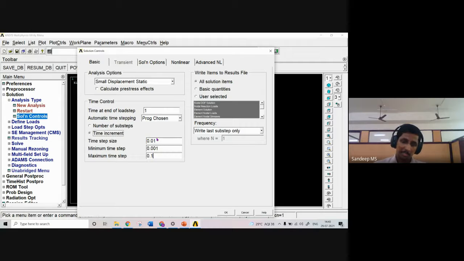It will again check for convergence. Like that, it will be increasing the time, and the final time when we will complete the 1000 kilonewton is when the time reaches 1 second. Okay, so this is the importance of time step. We are actually applying the load in different steps, and how much fraction of the load should be applied at each step, that is what we are defining with this term, which is called the time step size.